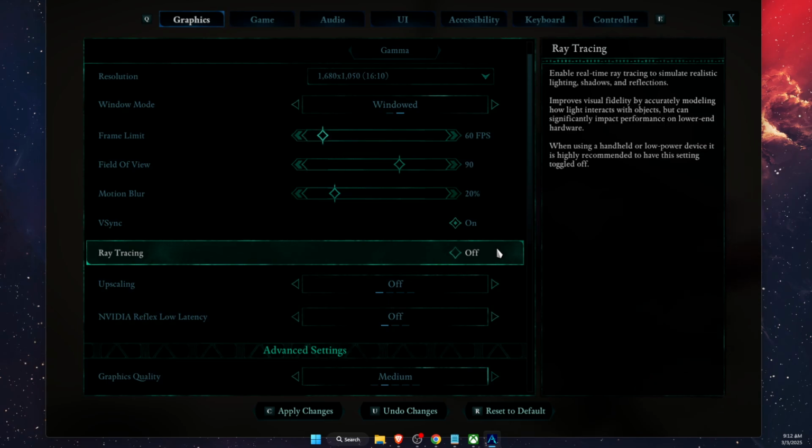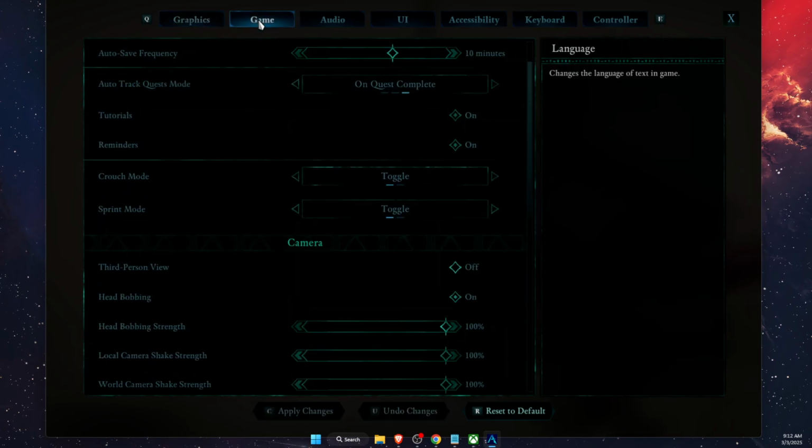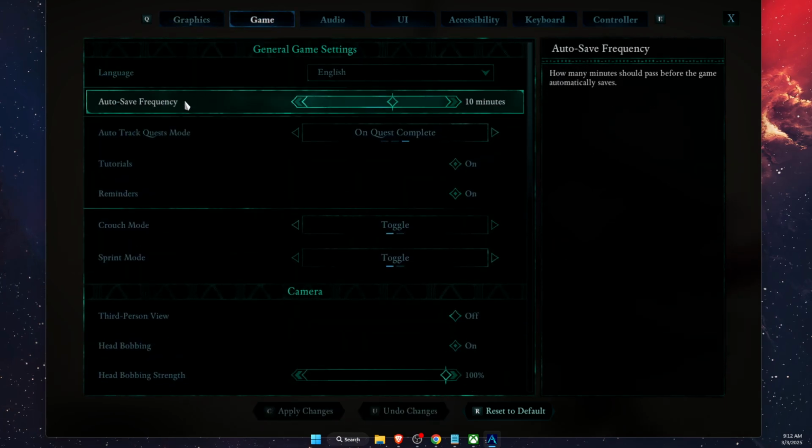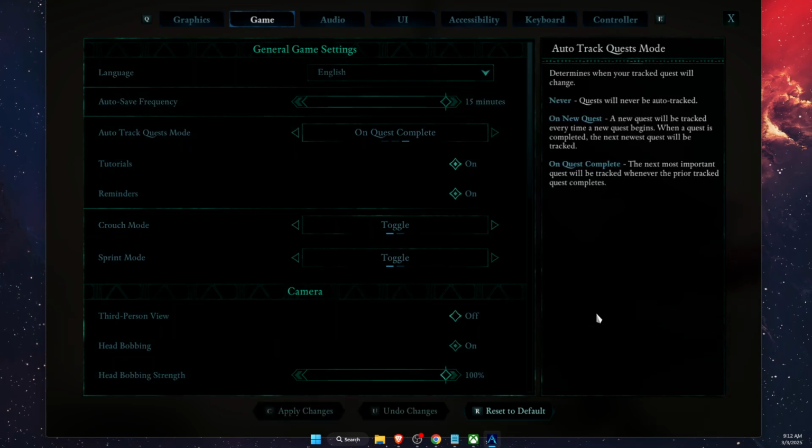Now, after all of these, you also want to go to game and autosave frequency. You want to set it to as high as possible, so it's 15 minutes. Then you're gonna apply the changes. Now, once you have done all of these settings,